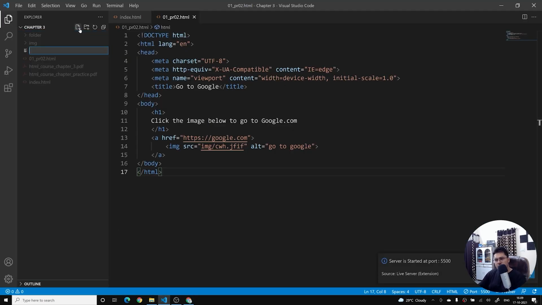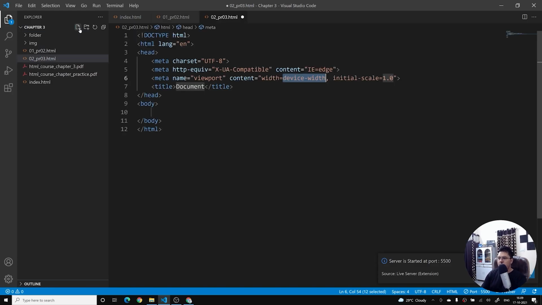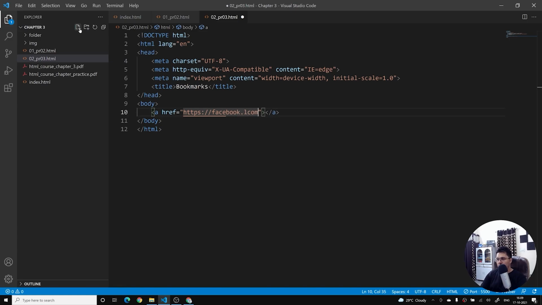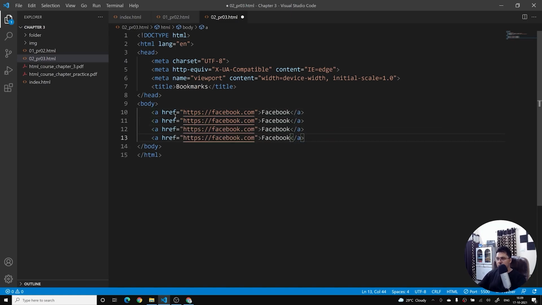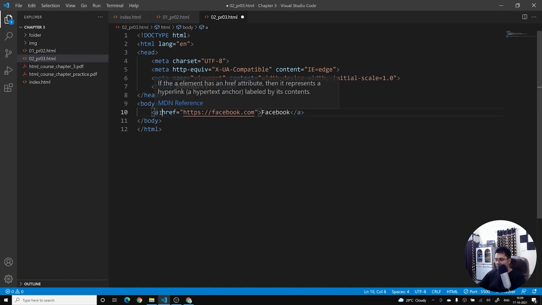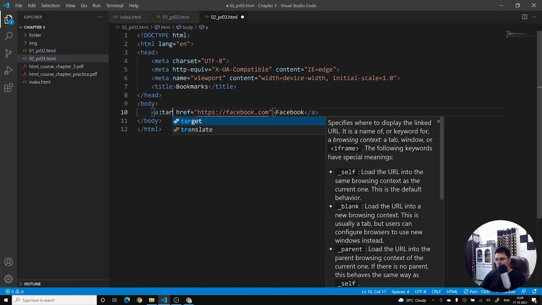So I'll say 02_pr03.html, and all you have to do is create bookmarks for yourself. So I'll say href is equal to facebook.com, and these days people use a lot of WhatsApp, so you can use whatsapp.com. I'll say Facebook, and before replicating it I want to add the target is equal to underscore